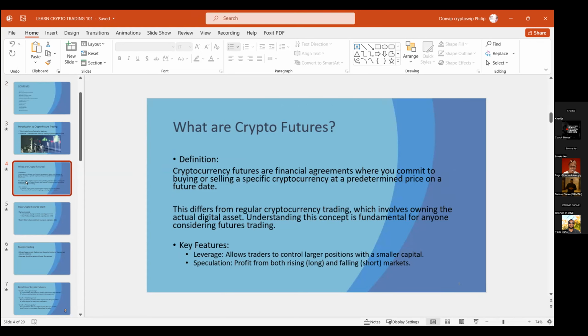So cryptocurrency futures are financial agreements where you commit to buying or selling a specific cryptocurrency asset, just like we drop the signal on IMX, liver, and these are specific cryptocurrency assets at a determined price on a future date. Now, the determined price is when you enter a coin,